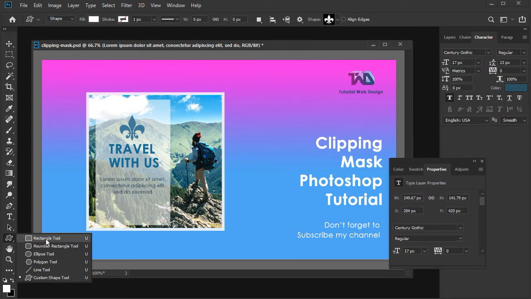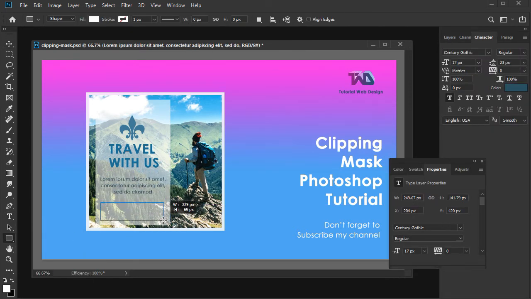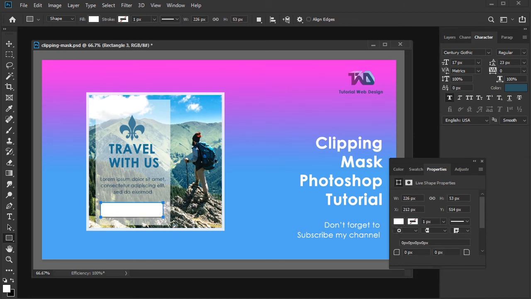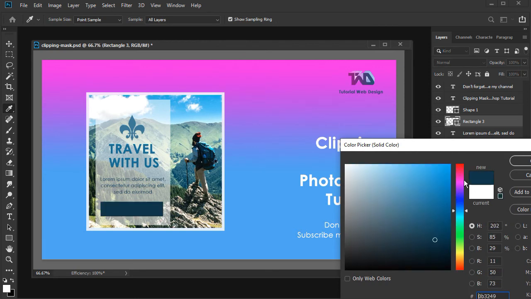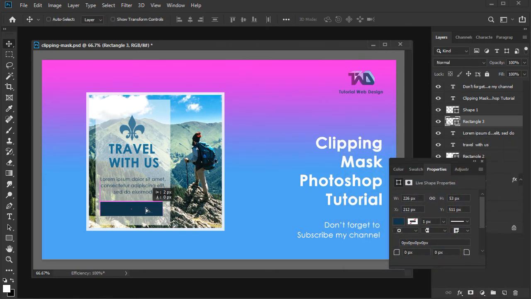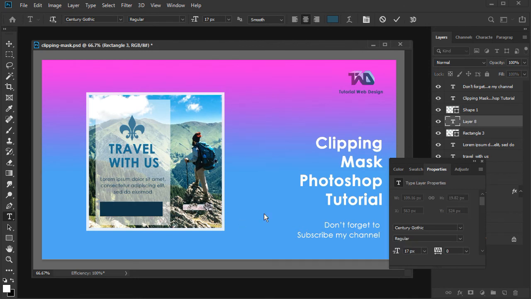And at the bottom there is one call to action. Call to action should be in high contrast. Like high contrast means if you are using a dark background, then the text should be in a light color.